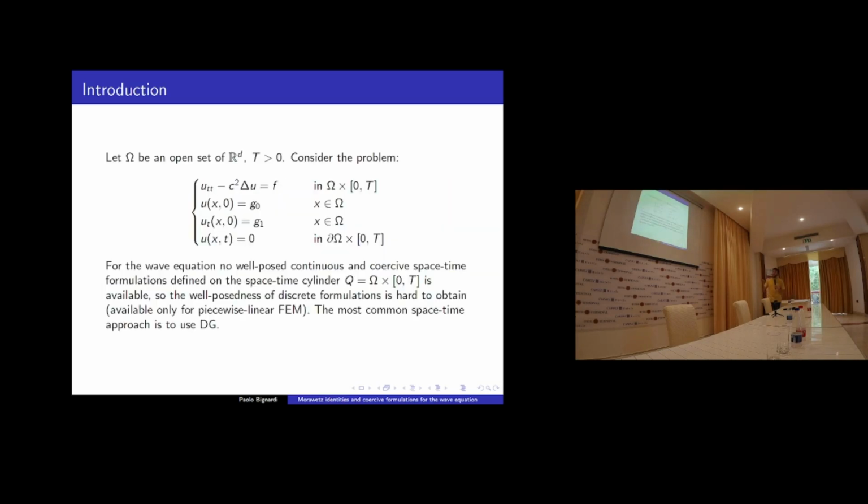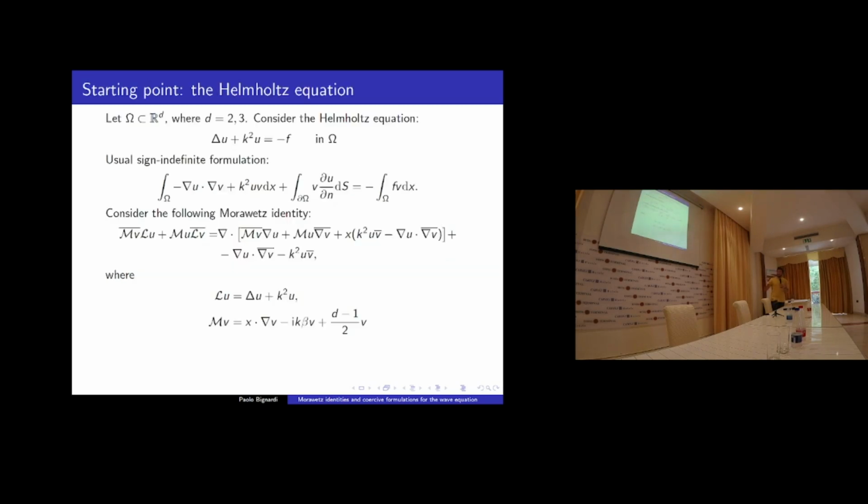So it's a bit more challenging. The simplest hyperbolic equation, of course, is just the wave equation, which considers some initial condition and boundary conditions. As I mentioned, there is no continuous and coercive formulation on the space-time cylinder. In literature, many strategies have been proposed. The most common one is just to use discontinuous Galerkin. If the objective is to find a continuous and coercive formulation, just so that we can use just simple Lax-Milgram,